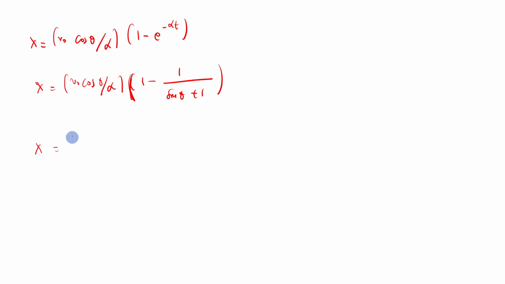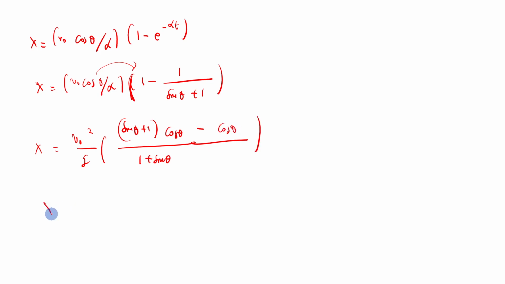So x is V0 squared divided by g, with the cos entered into the bracket on the right, so we get the same denominator like this, sin theta plus 1 times cos theta, which comes from this term, minus cos theta, and of course with this identity of trigonometry we get